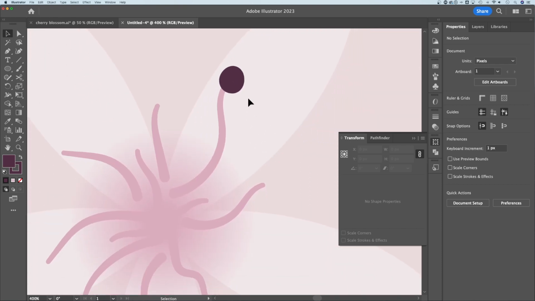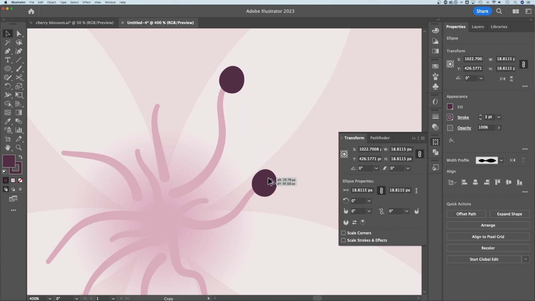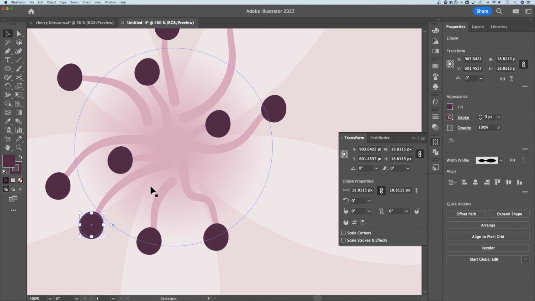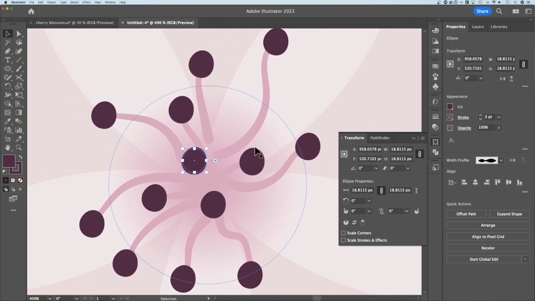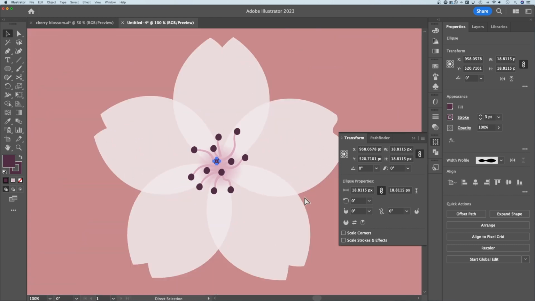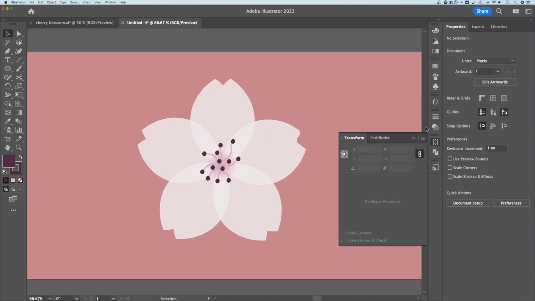So once I have that, I'm going to click, hold Option or Alt, and duplicate this around to the different spots where all of these brush strokes end. And even though I don't have brush strokes here in the center, I think I need a couple right here in the center so that it looks like a couple are coming right out at us, just kind of fill in nicely. Now, as we Command or Control minus to zoom out,